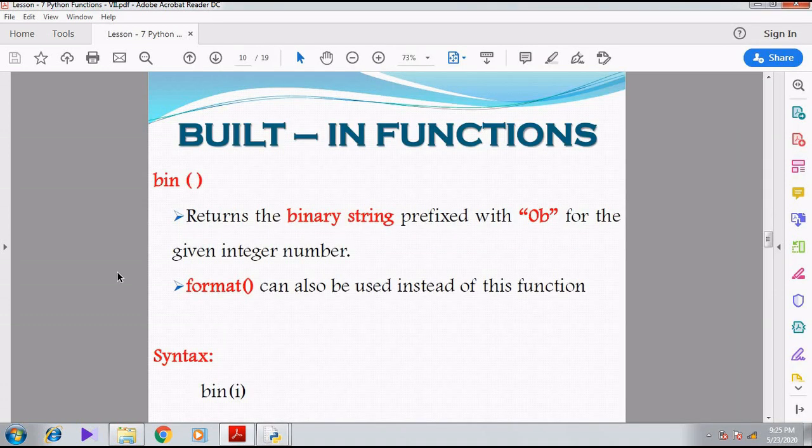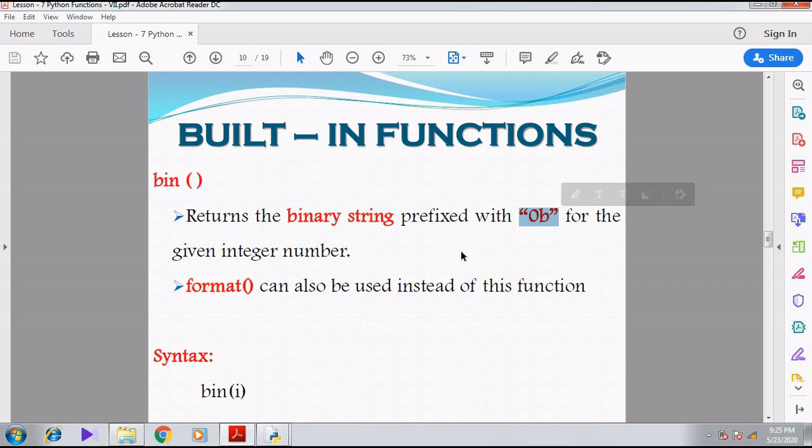Right. Now we can see the next built-in function, the binary function. What is meant by the binary function? The binary function is used to return the binary string prefixed with 0b for the given integer number. 0b represents binary.